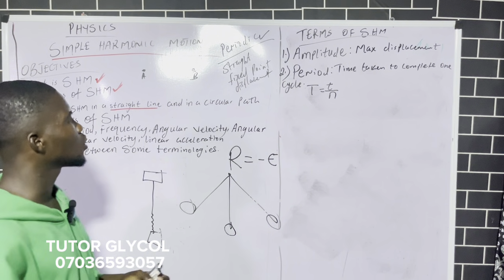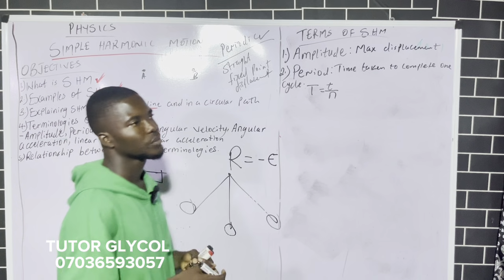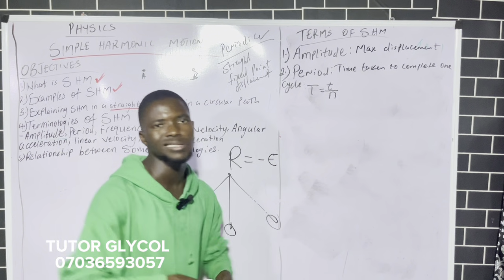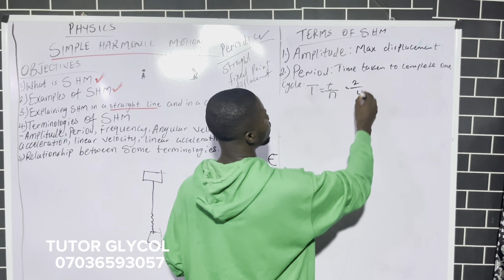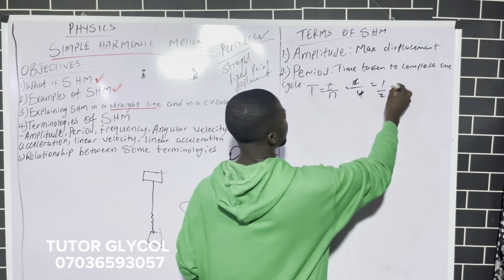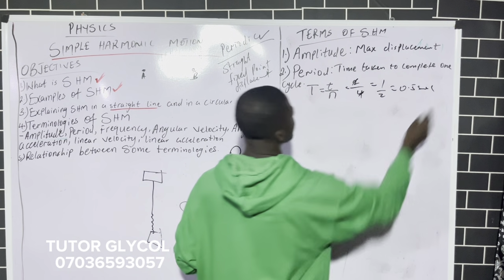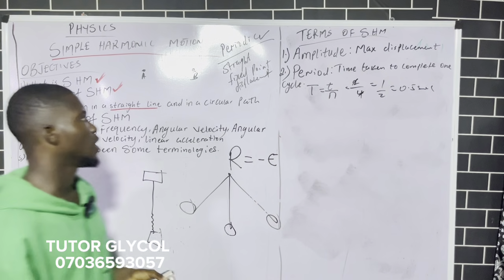So if they also give that an object undergoes 4 cycles in 2 seconds, what is the period? It's simply 2 over 4. 2 here, 1, 2 here, 4, 2. That's 0.5 seconds. So that's the period. That's how to find period. Number 3,